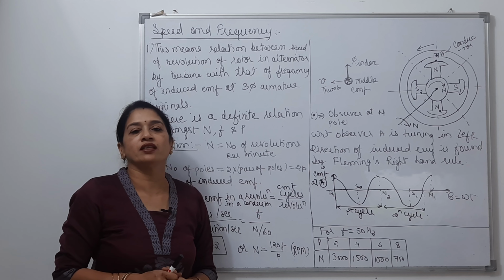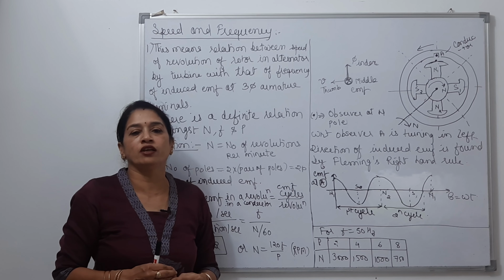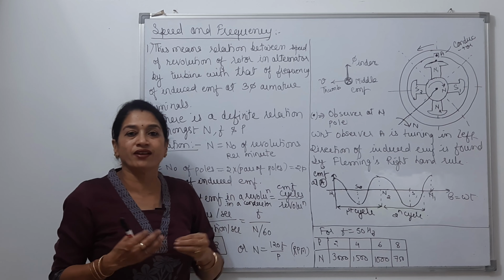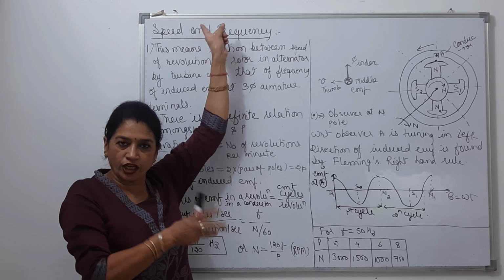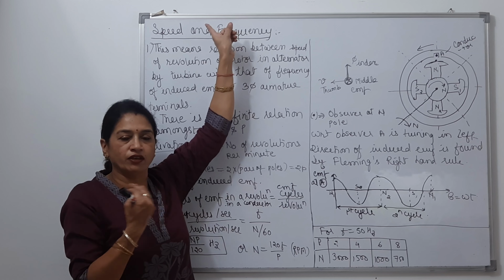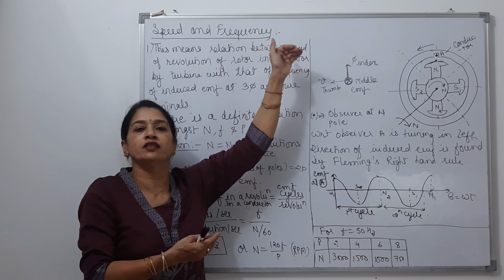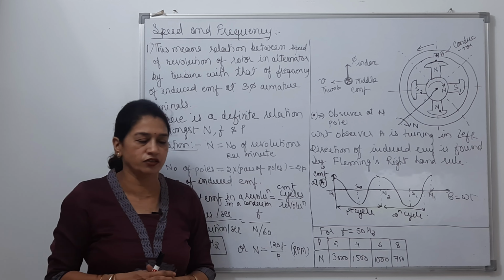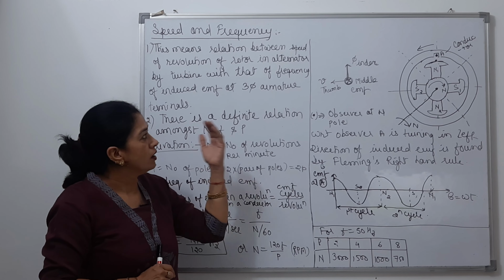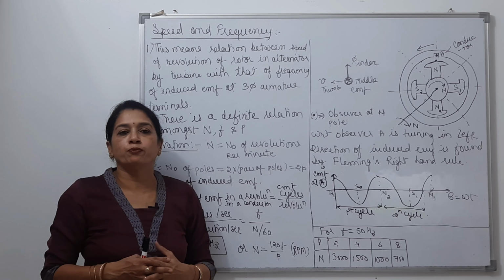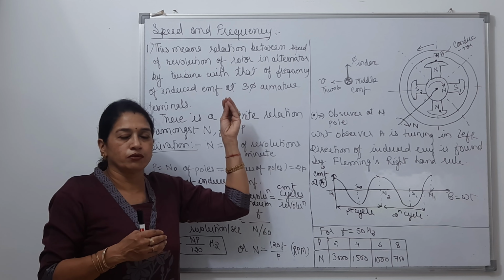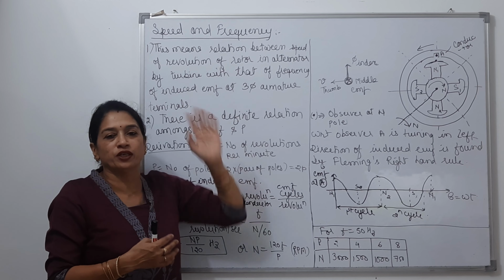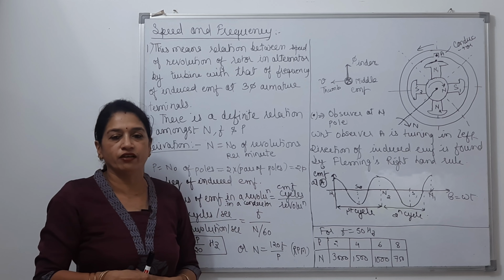Frequency is nothing but the frequency of the induced EMF across the three-phase armature winding. So I want to build a relation between the rotation speed of the rotor given by the turbine and the frequency of that EMF which is induced across the three-phase, stationary armature winding. Here the number of poles has a special impact on this relation or derivation.